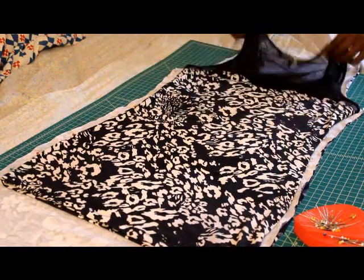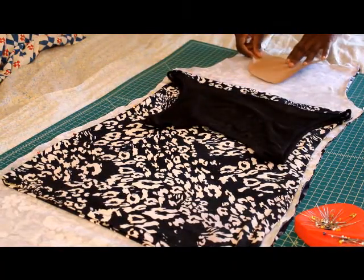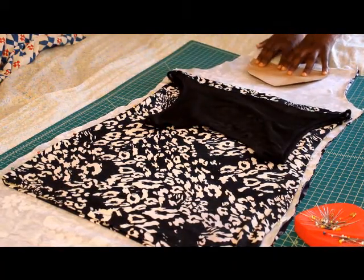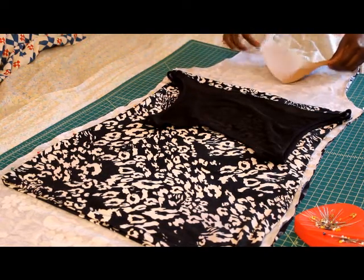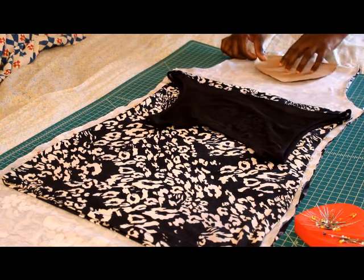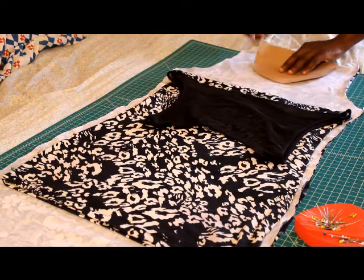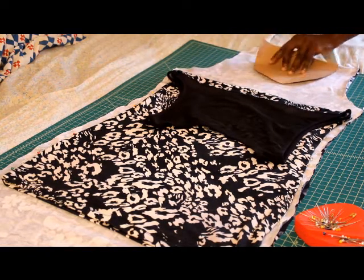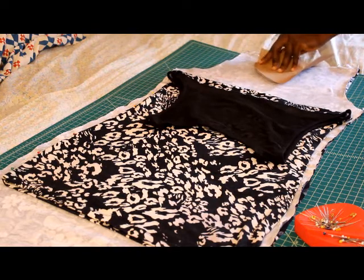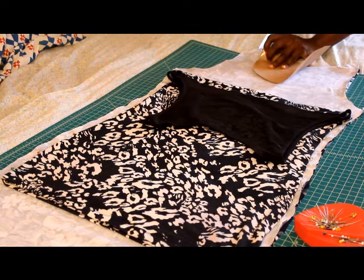So this dress that I was using as my pattern, I just folded it down, and the neck hole is not going to be as long as the back part. So this is just for the front part of your dress. And so now you would use that as a guide, and then you would just get your scissors and then cut out this pattern for your neck hole. And remember, when you hem this, it's gonna get wider,